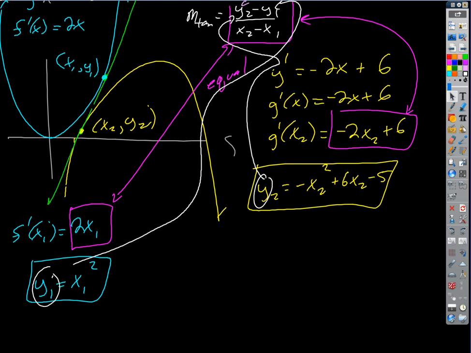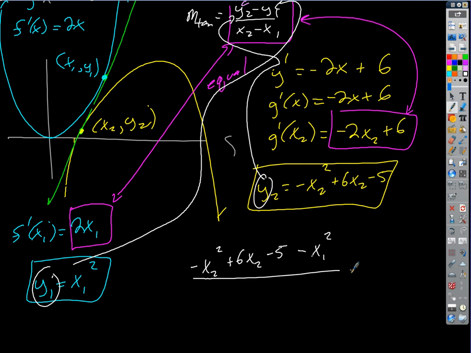It's going to get kind of ugly. This becomes negative x2 squared plus 6 times x sub 2 minus 5 minus y1, which is just x sub 1 squared